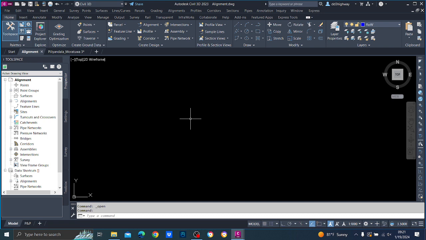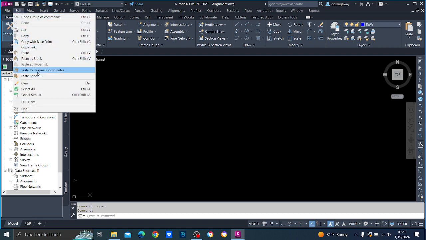But for a road, you have to go to the original coordinates. Otherwise you cannot set that out on the ground. So you go to edit, paste to original coordinates. Don't just go and paste, right? Paste to original coordinates,